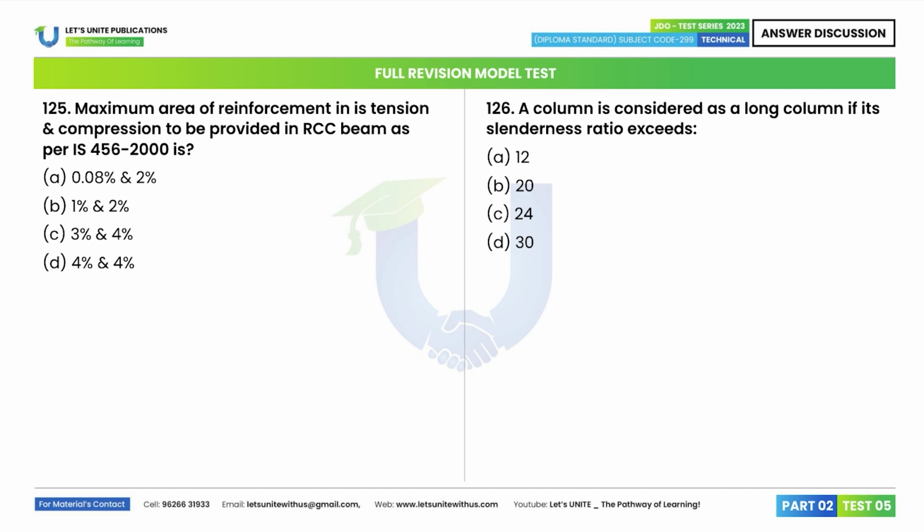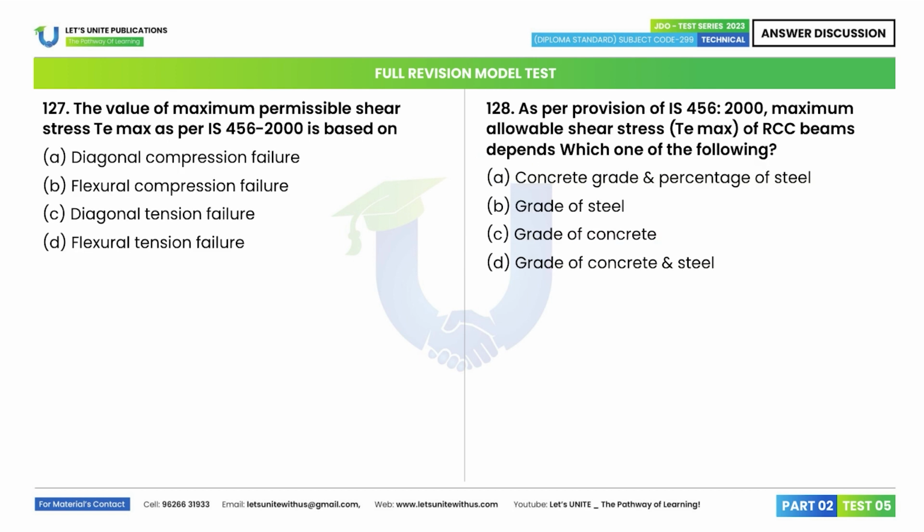Next 125, maximum area of reinforcement in tension and in compression to be provided in RCC beam as per IS 456-2000 is 4% and 4%. Option D. Next 126, a column is considered as a long column if its slenderness ratio exceeds 12. Option A. Next 127, the value of maximum permissible shear stress Tmax as per IS 456-2000 is based on diagonal compression failure. Option A. Next 128, as per provision of IS 456-2000, the maximum allowable shear stress Tmax of RCC